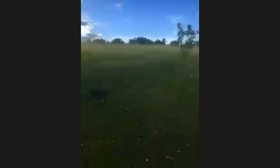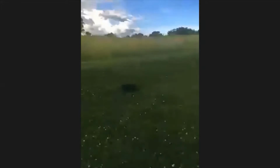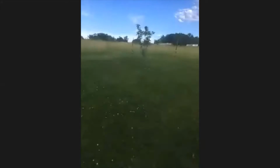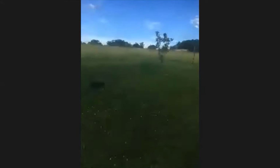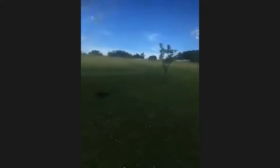Okay, so welcome to my little corner of Greene County. I'm in the northwest corner of Greene County near Bulls Gap. And so basically I chose the backyard to start because the sun was shining in my eyes and I don't like that. So I basically have some apple trees out here that I'm just going around realizing that I have